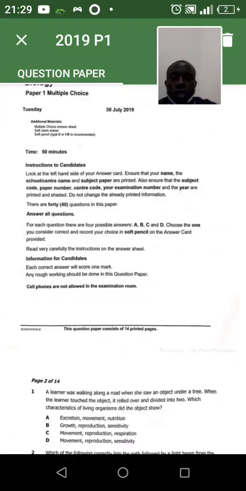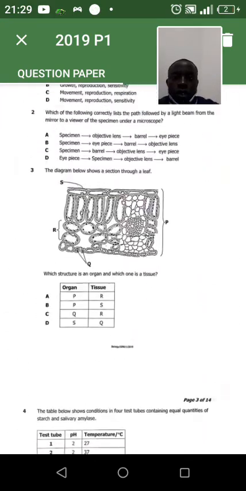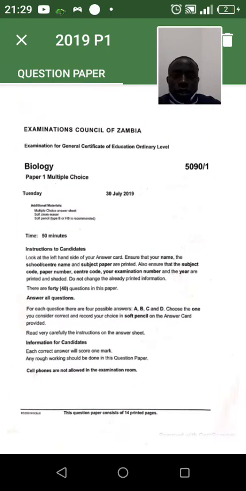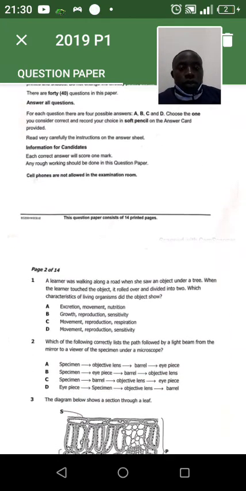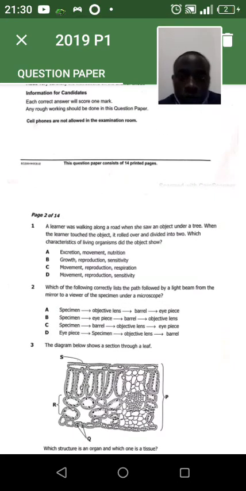I want to explain something on this paper, that is the Biology 2019 final exam. So I just want to revise this paper. I'll try to do my level best so that we start from question 1 up to somewhere 20. So question 1 says,